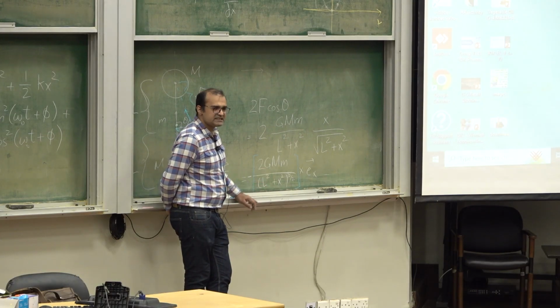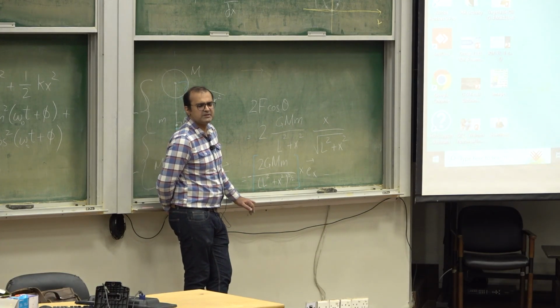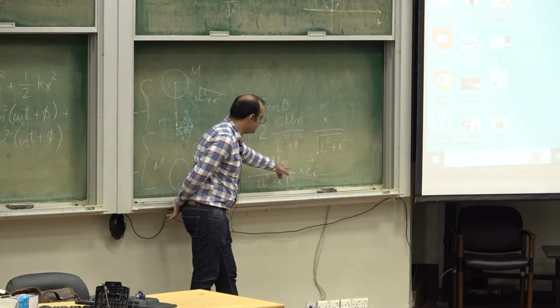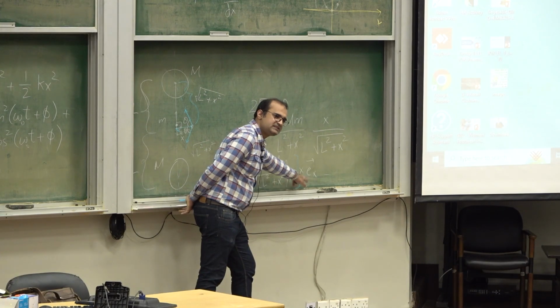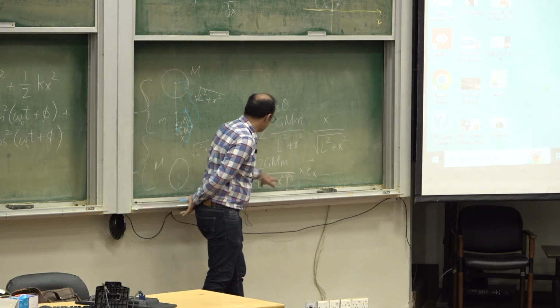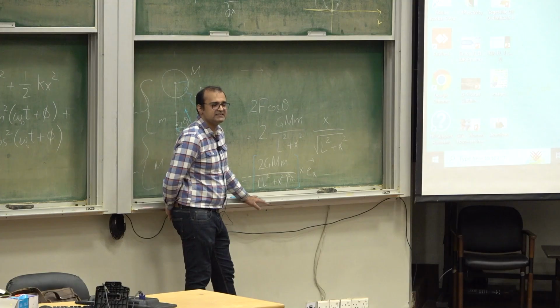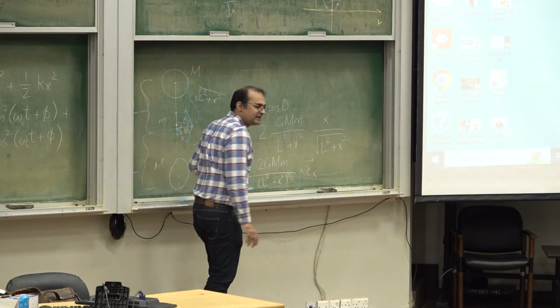तो L square plus x square to the very first approximation किसके बराबर है approximately? L square के बराबर. Of course numerator में ये जो x है इसको नहीं मैं कुछ कहता क्योंकि ये किसी के साथ ऐड नहीं हो रहा. So this x remains as it is. But to a very good approximation, L square plus x square is just equal to L square. If you're not convinced,